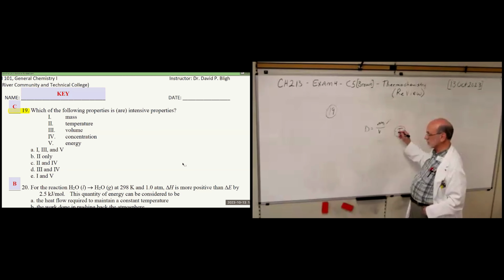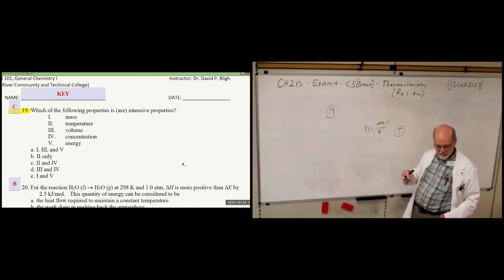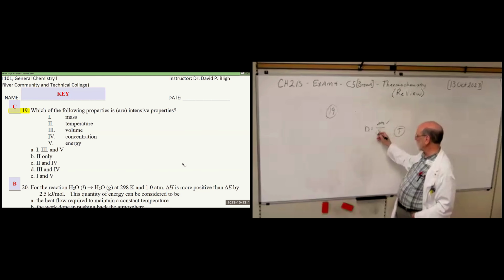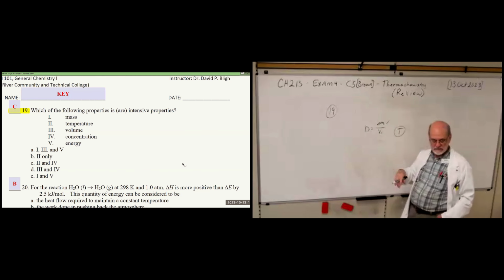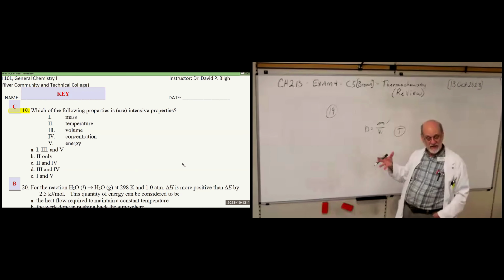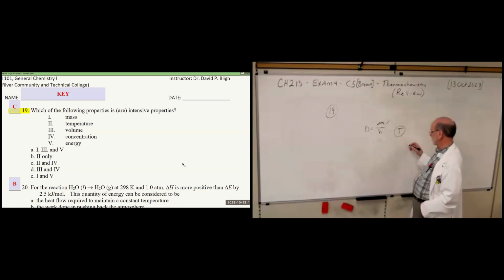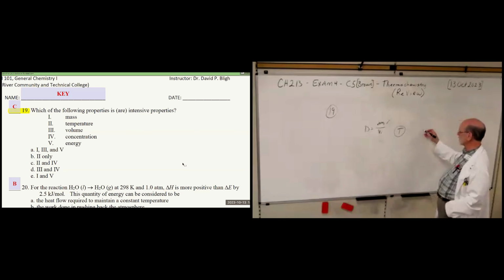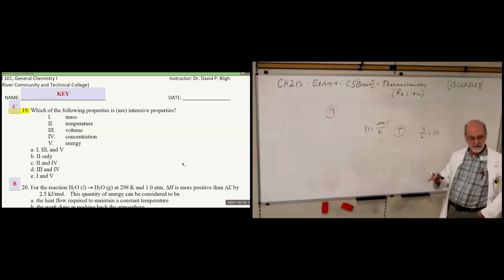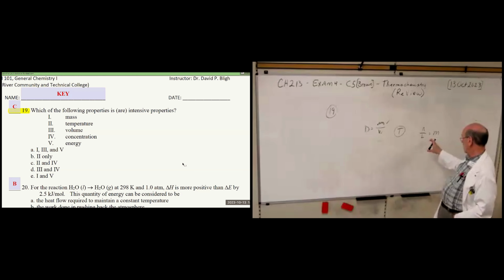So that one is intensive. Volume, no. Increase the volume, right? The value changes with more stuff. Concentration, right? If you have so many moles per liter, that gives you molarity, then